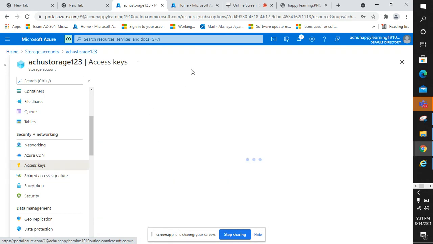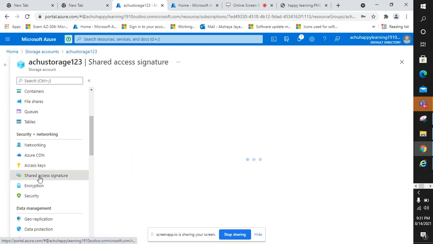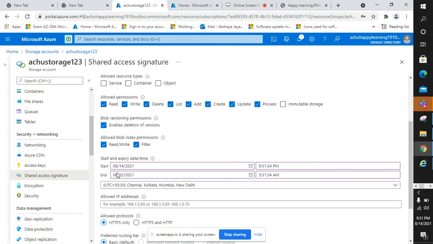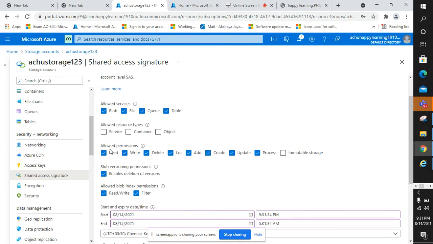An access key gives the entire access. If anyone has this access key in hand, they can access everything without any restriction. That is not the safer side. So we can go ahead and give a shared access signature when someone is coming for an audit purpose. At that time we can say I want the access to start at this date and end at this date, and only read access or write access, in that way.